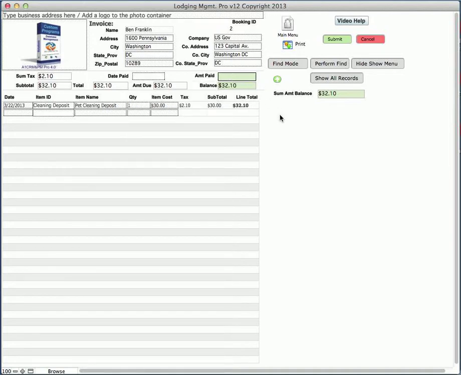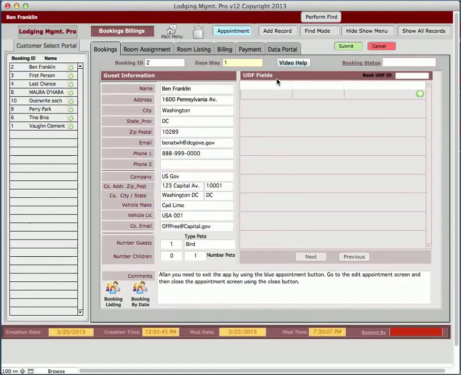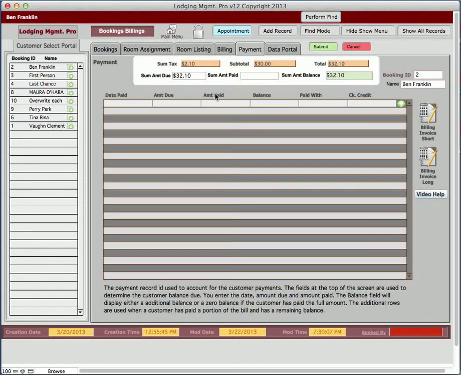You should do that though in the payment screen, because on the payment screen you're going to want to show the way it was paid, either Visa, MasterCard, check, or cash. So you want to go ahead and do that in there. It's very quickly done. All you have to do is go back. You'll notice that you're actually in his record. Here's the payment. You would do the drop down for the date, the amount due, the amount paid. The balance will come up automatically for paid, and then paid with would be Visa or MasterCard or whatever,